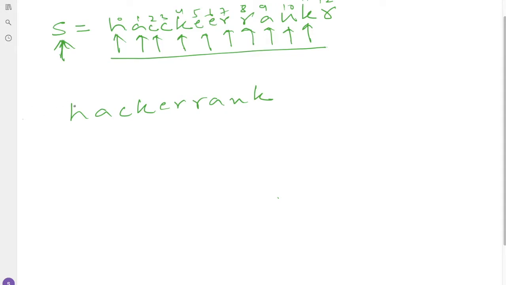Let us take HackerRank as our required value, val, and its indices are 0, 1, 2, 3, 4, 5, 6, 7, 8 and 9.